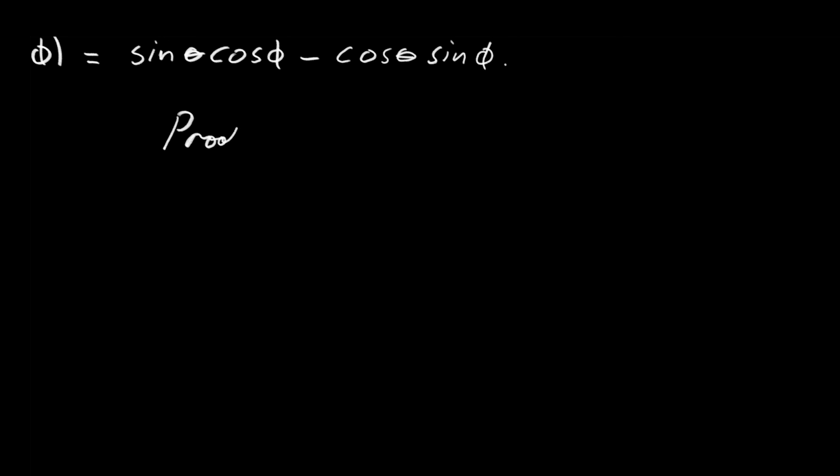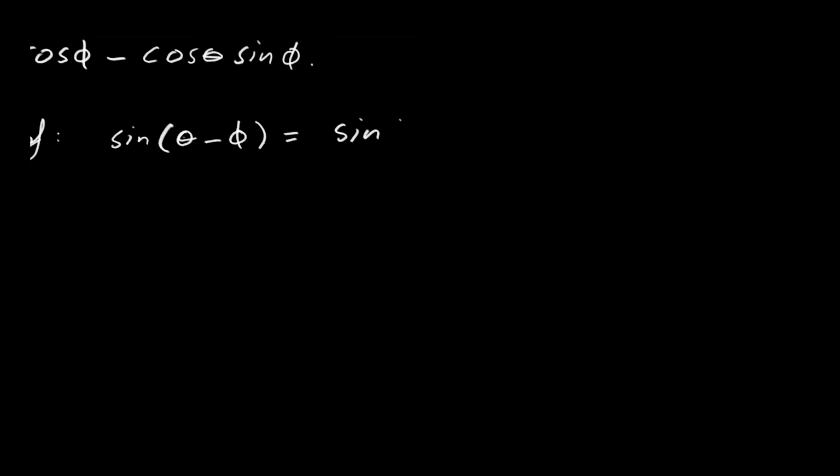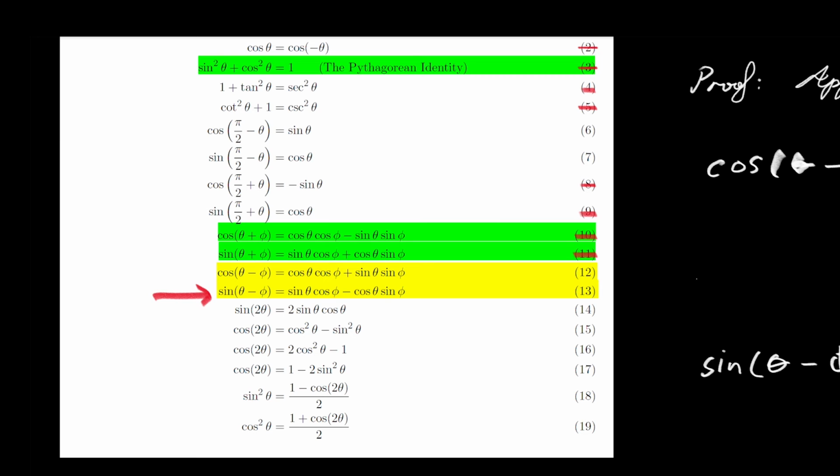All right, so the sine of theta minus phi is equal to the sine of theta plus negative phi. So if you can write it as the sum of two angles, you are justified in applying the sum formula. So I will annotate the proof this time. So this would be equal to, this is applying the sum formula, this formula here, Trigonometric Identity 11,